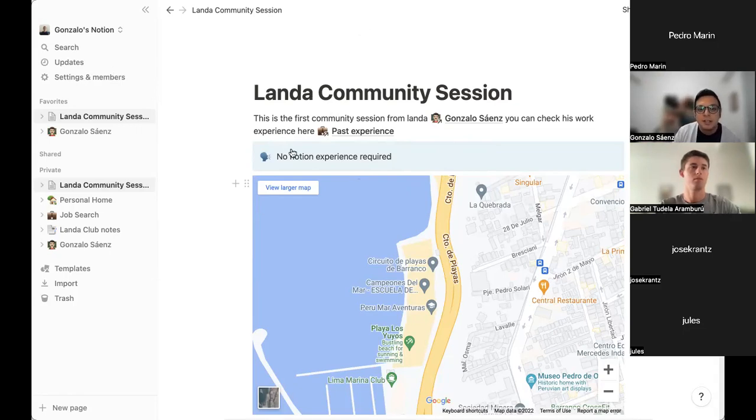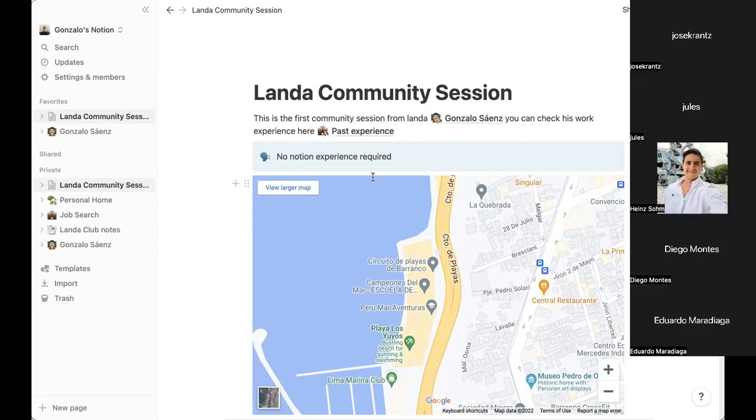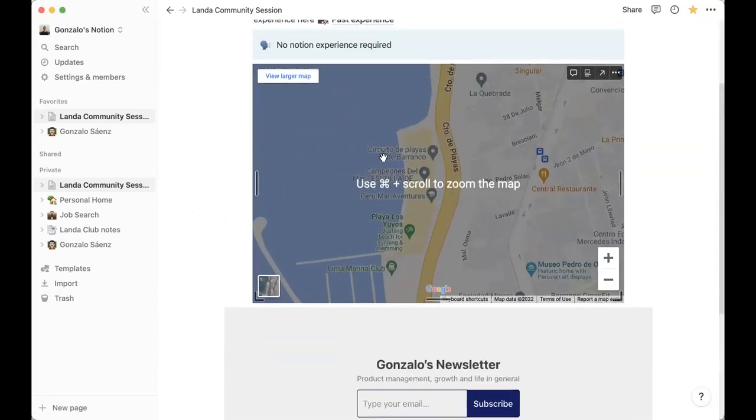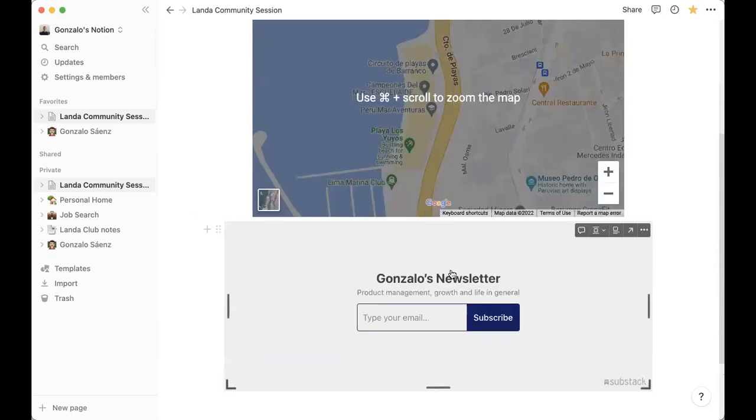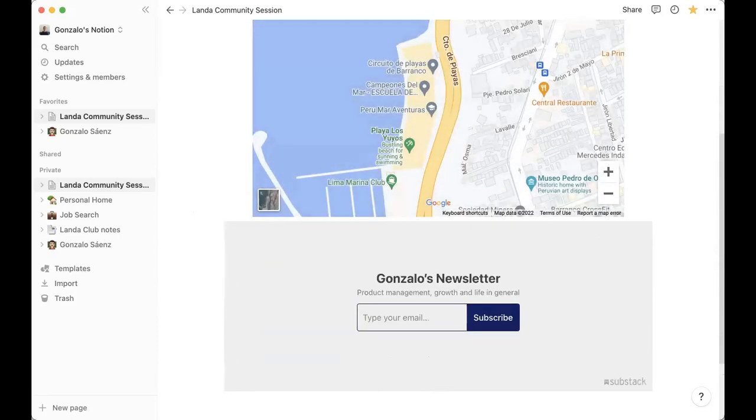this asynchronously. Another one is AppNotion, and basically you can search for a lot of embeds here. One that I really like is do-it-yourself embed. And this helps you, for example, I showed you that we have an embed from Google Maps, also an embed from Substack, so you can put your subscription form in your web page. But let's imagine that Substack hasn't developed this for Notion, so we can create our own embed page, so we can put it on Notion.